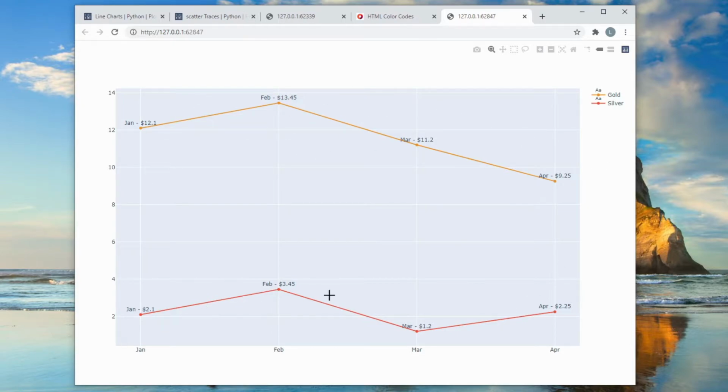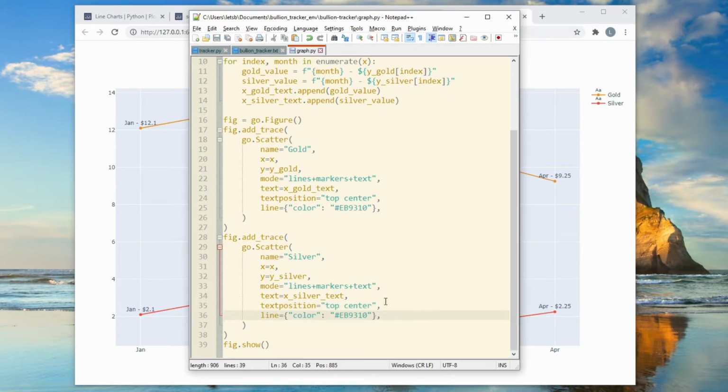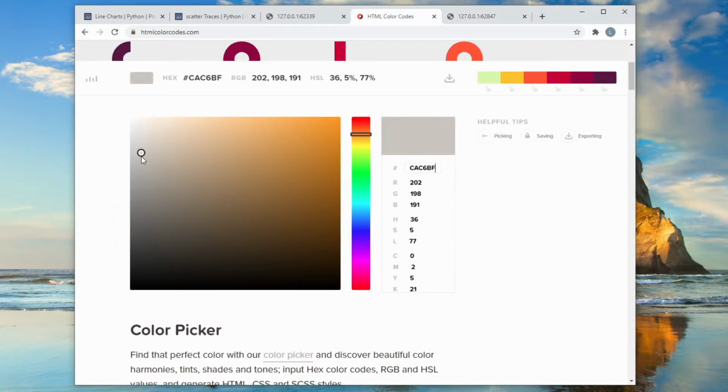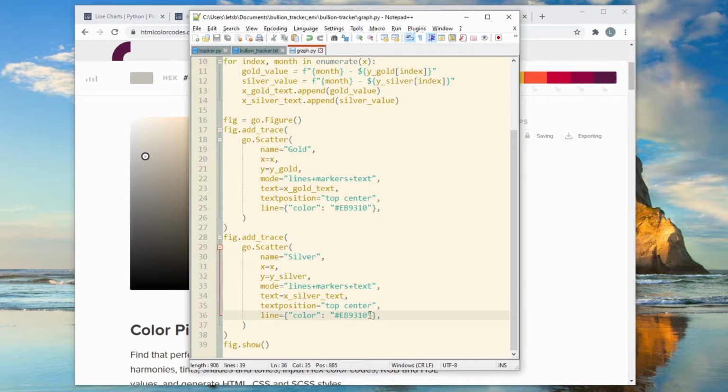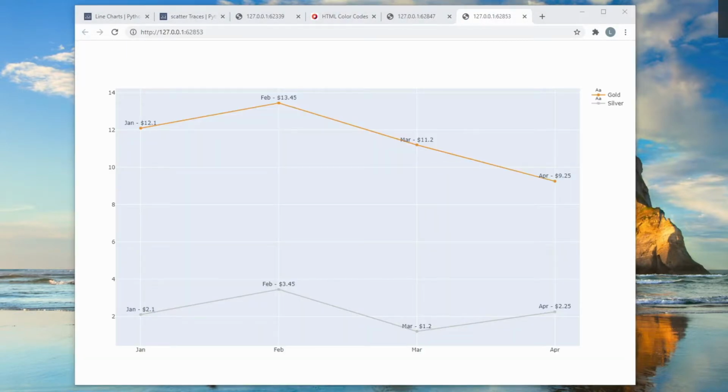Let's do something similar for the silver line. So going back here, going to copy this, paste it for silver, and I'm going to pick a different color. So for silver, let's pick something that looks a bit like that, maybe. Okay, copy, paste, and run again. Okay, so we have a gold line and we have a silver line,